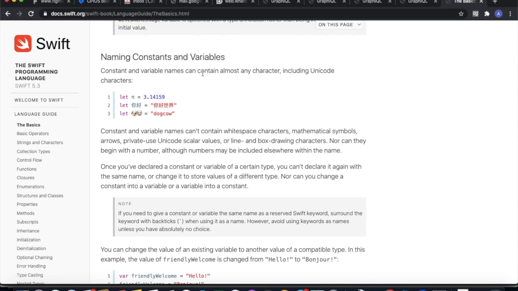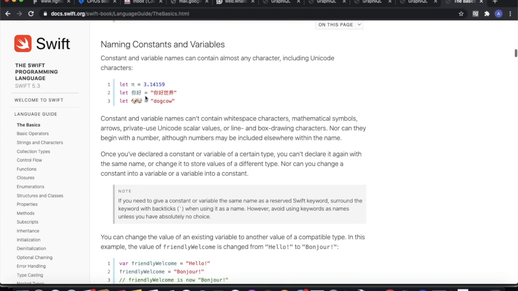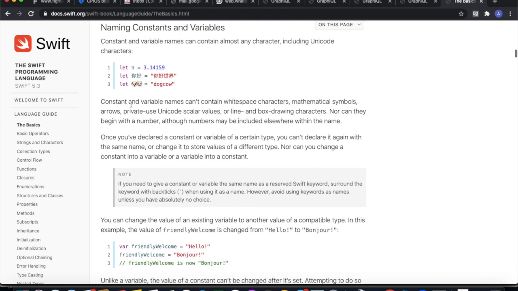Constant and variable names can contain almost any character including Unicode characters. Constant and variable names can't contain white space characters, mathematical symbols, arrows, private-use Unicode scalar values, or line- and box-drawing characters. Nor can they begin with a number, although numbers may be included elsewhere within the name.